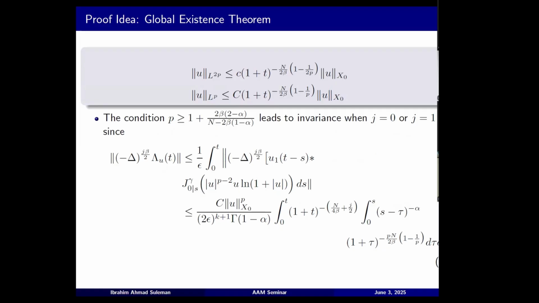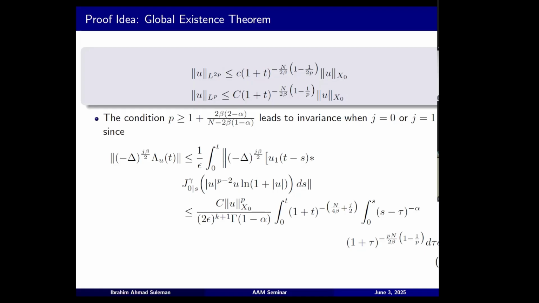The difference here mainly is that this proof idea is for beta not equal to 1. Because for beta not equal to 1 and beta equal to 1, the difference is that we have a fractional Gagliardo-Nirenberg inequality that is imposing on us that the global solution only holds for n equal to 2, 3 if beta is not equal to 1. But for beta equal to 1, we use the usual interpolation inequality, and it does not restrict us. But the proof is exactly the same. It's still the same fixed point argument.